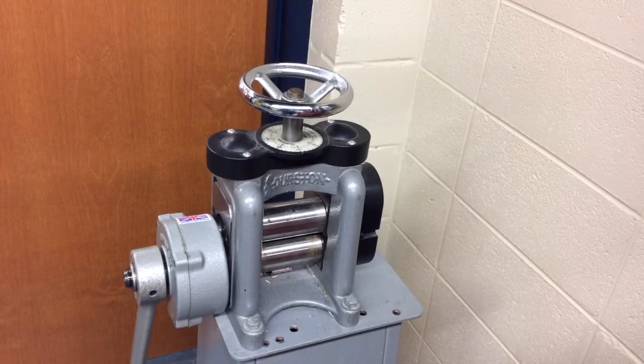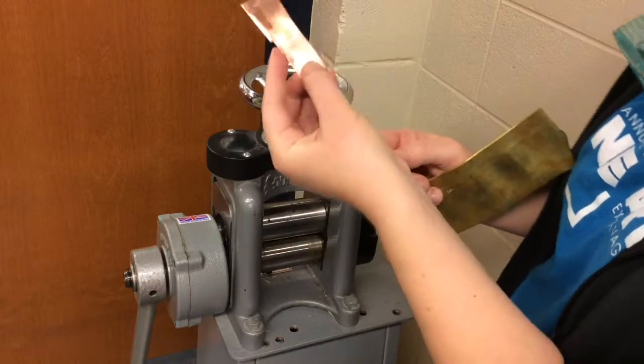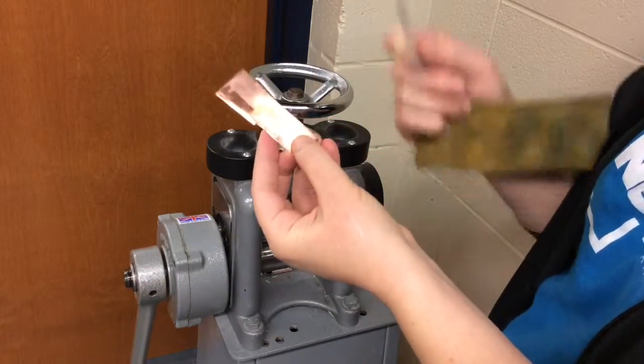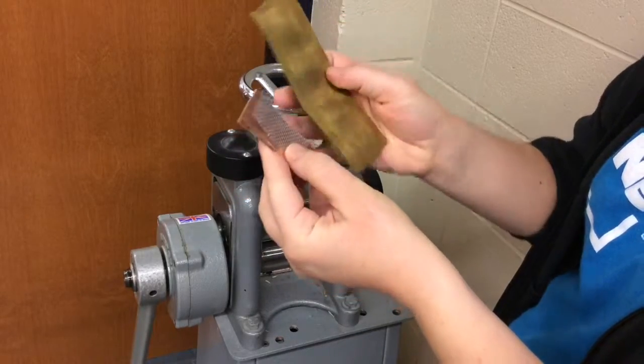What is that? That's a roll mill or roll press. It can be called either one. I'm going to make a texture into my metal. I've got a scrap piece of copper and a piece of screen that I cut to the size of my